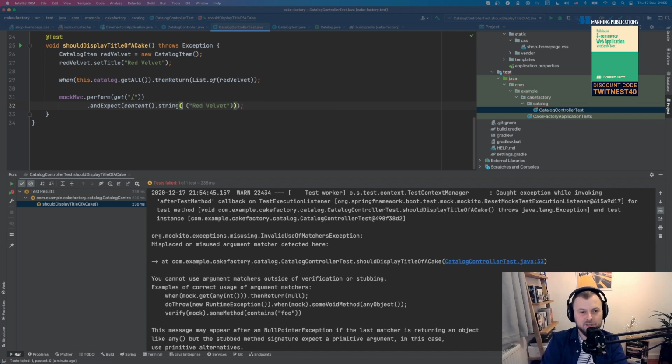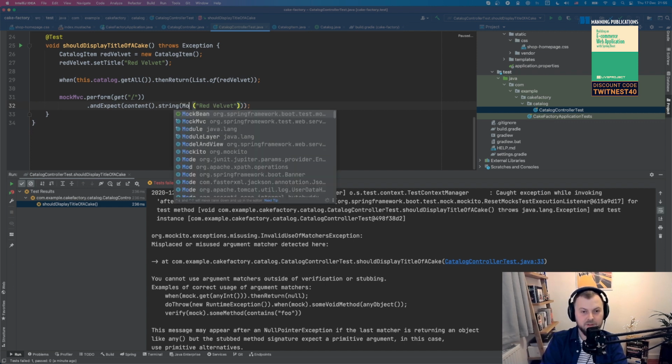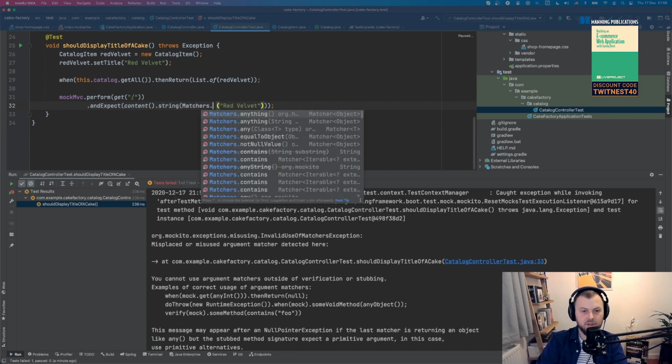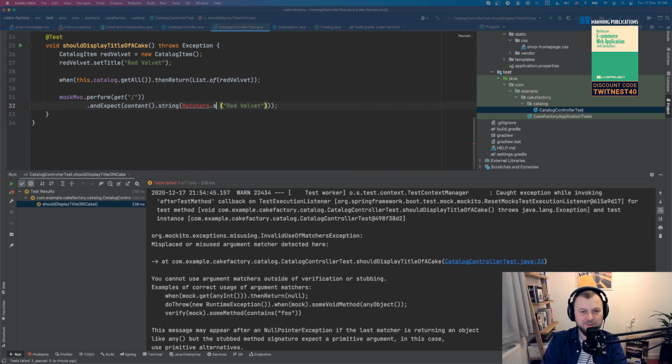A nice trick I can recommend, if you never remember all of these matchers, request matchers, all of this, and let's say you don't remember all the Hamcrest matchers either, you can just start typing, I think it's called Matchers, yeah, and you can do string containing, substring maybe.